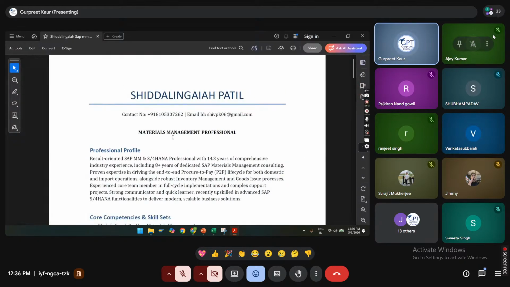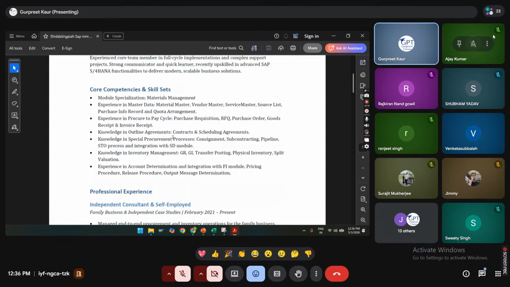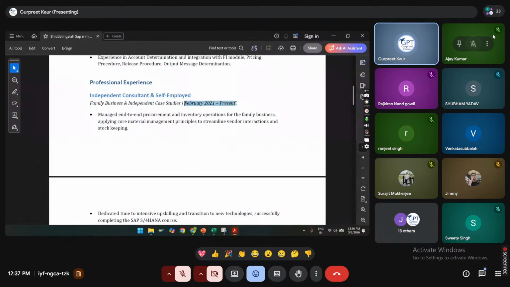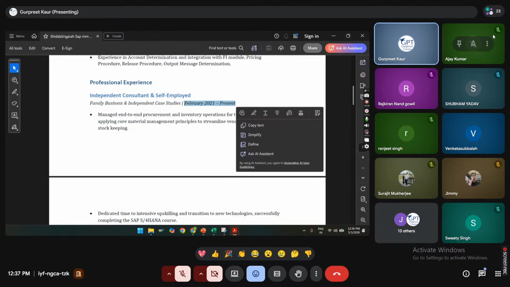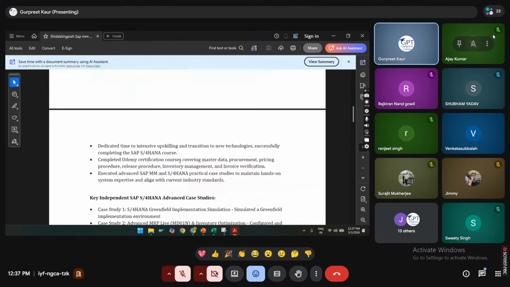See, this is what we have prepared. You can see the gap is clearly mentioned, from February 2021 till present. Okay, he has a gap.